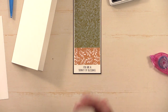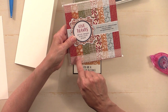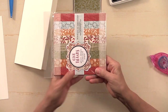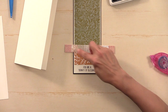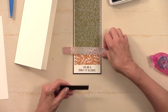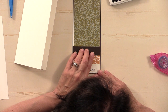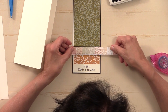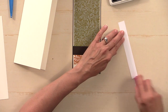Now I told you earlier that we were going to use this cover sheet. What I've done is I've cut that strip off. I just lined that up right on my paper cutter and cut it off so that it looks like this. And then I'm going to use that as almost like a piece of ribbon that's going to go across. And I'm going to put this dark chocolate down first, and then I'm going to see where I want this to line up. So I think what I'm going to do is tape it on there first